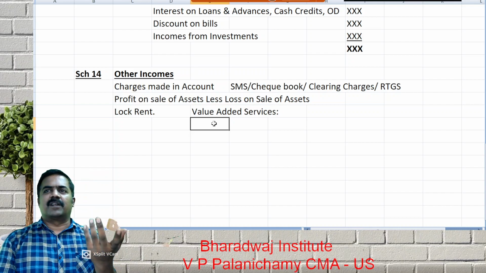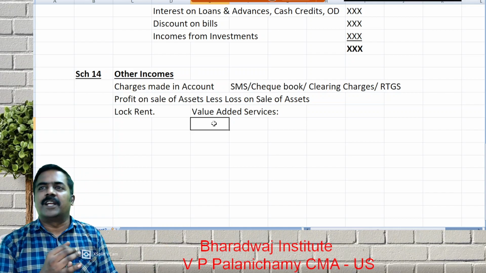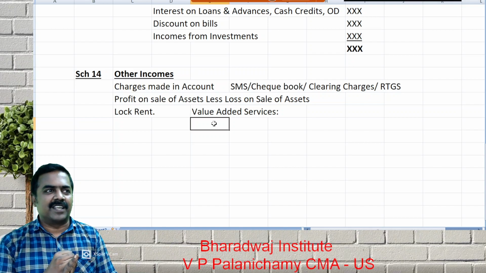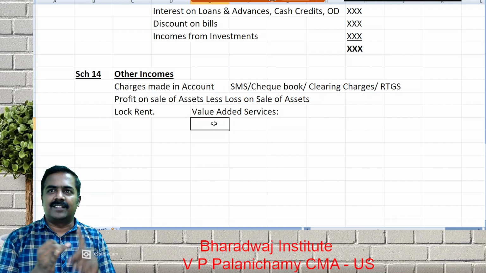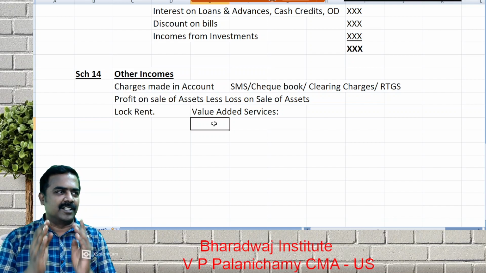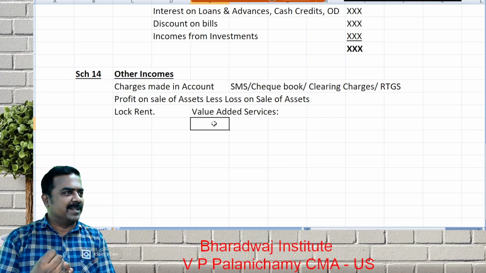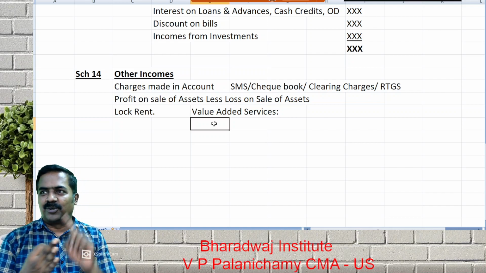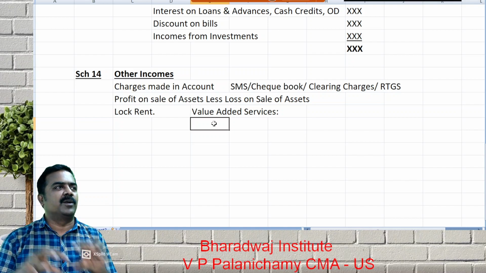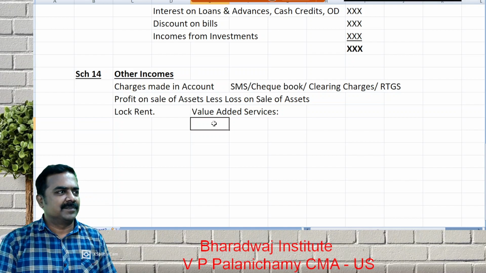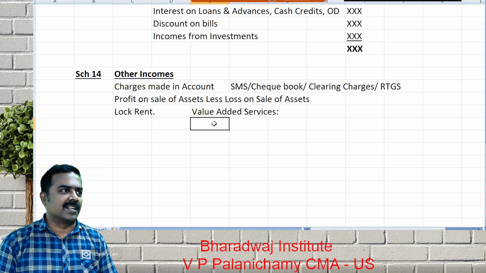Now the concept of traveler checks is not there anymore. Earlier, imagine there is no net banking facility, no card facility, no UPI banking. Let's assume we are living in the year 2000. No ATM, no card, no swiping, no UPI. For example, you are traveling from Chennai to Delhi. Then only you make payment. You will get something called a traveler check. What is a traveler check?